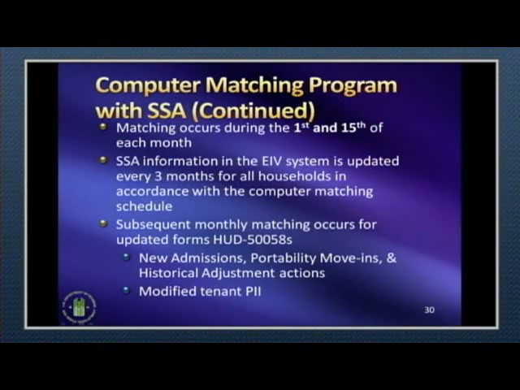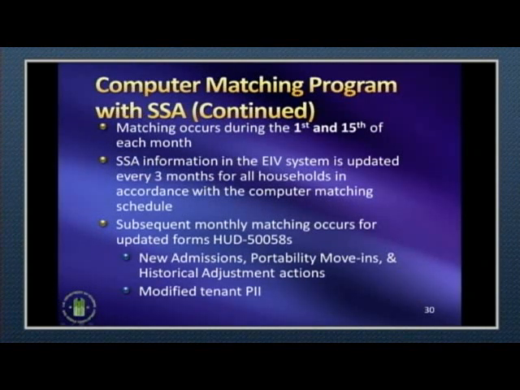The matching for SSA occurs between the 1st and the 15th of the month. Typically, all of our matching with SSA is completed by the 15th. Do understand that when we do this matching with SSA, we send multiple files over to them. However, it's in a process. For example, we have 12 files that we send over for matching. We send file number 1, they match it, they give us the results, we post it in EIV. So you may see information for your state posted before, say, another state, okay? Because it goes in a sequence.